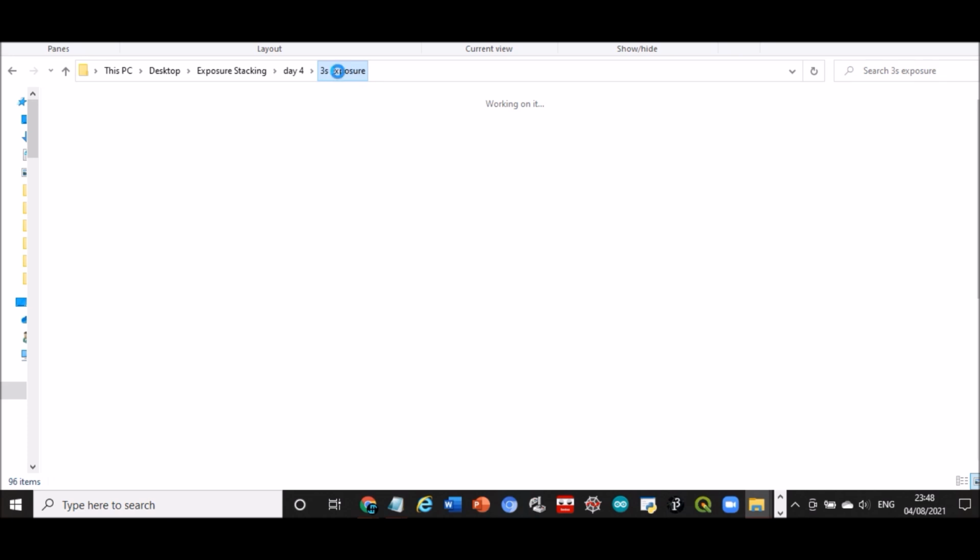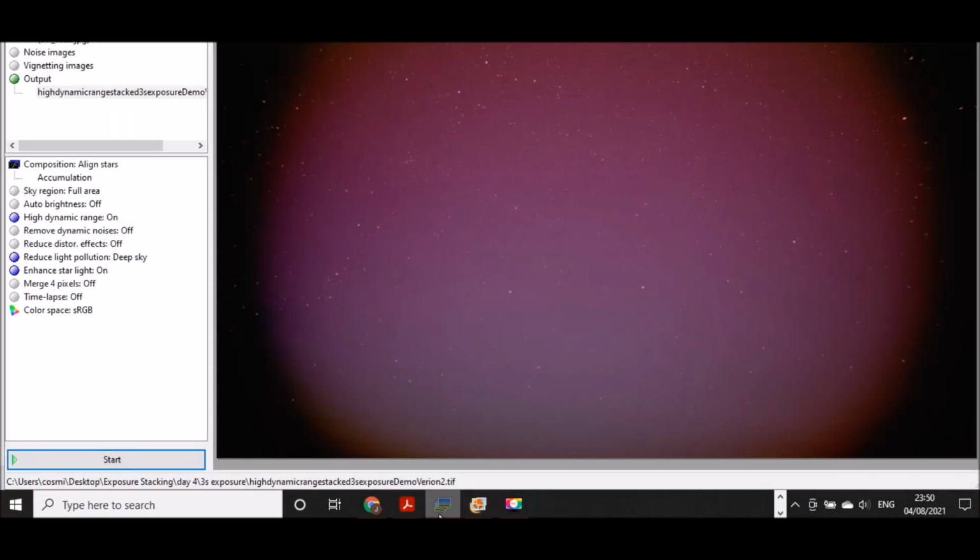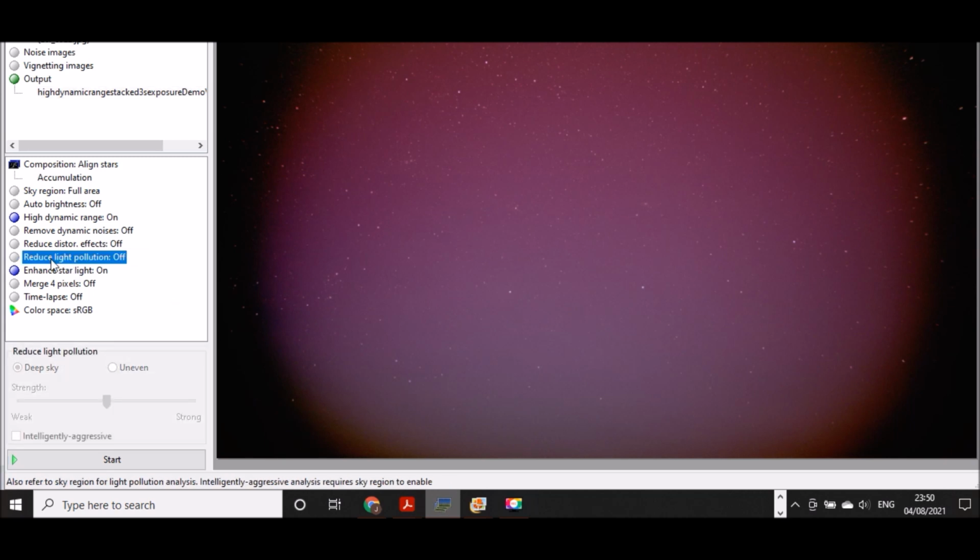It's a 3-second exposure. That was one I did earlier. That was the one I did now. That was the one in comparison. So you can see the deep sky one eliminates the weird halo effect that we get on the previous one, and this one eliminates the uneven light pollution. I personally think the uneven light pollution setting is better, so we can try that again with the reduced light pollution, uneven,